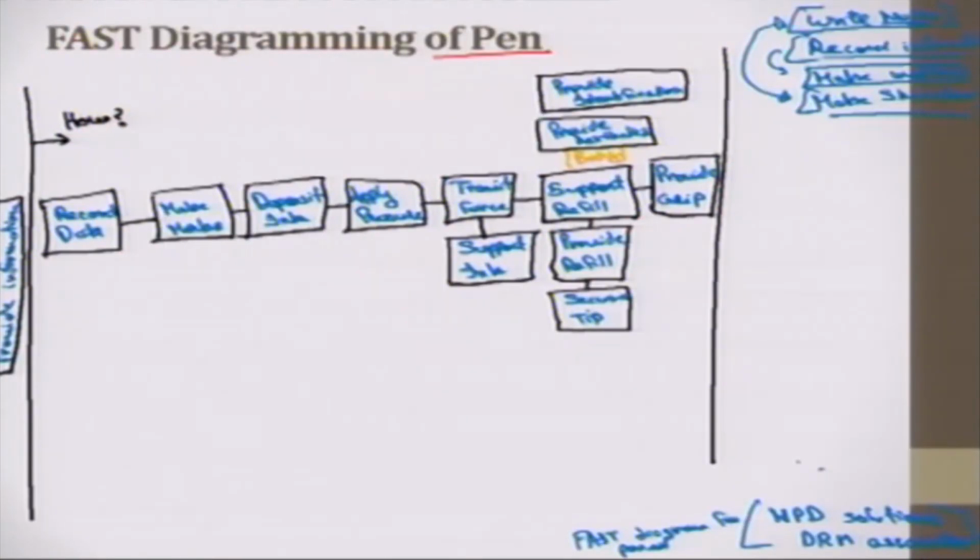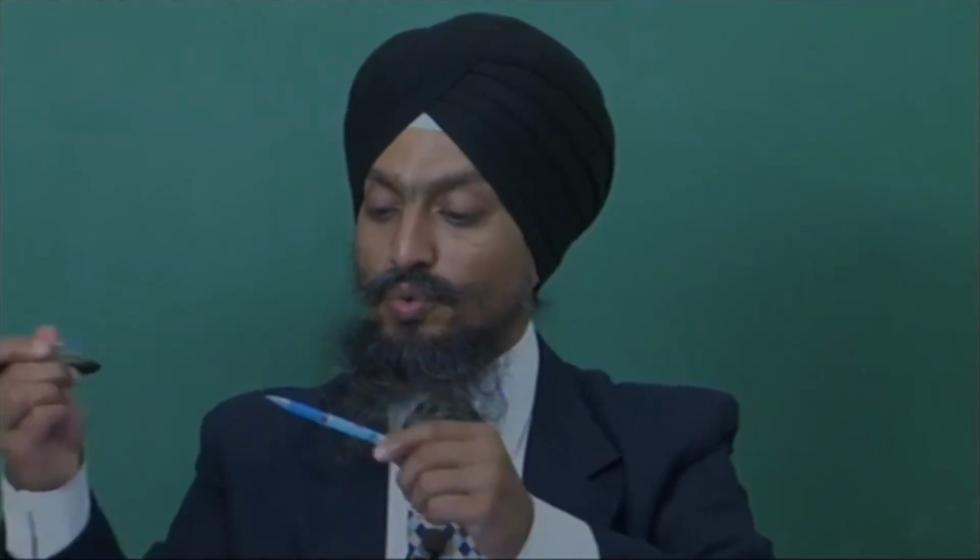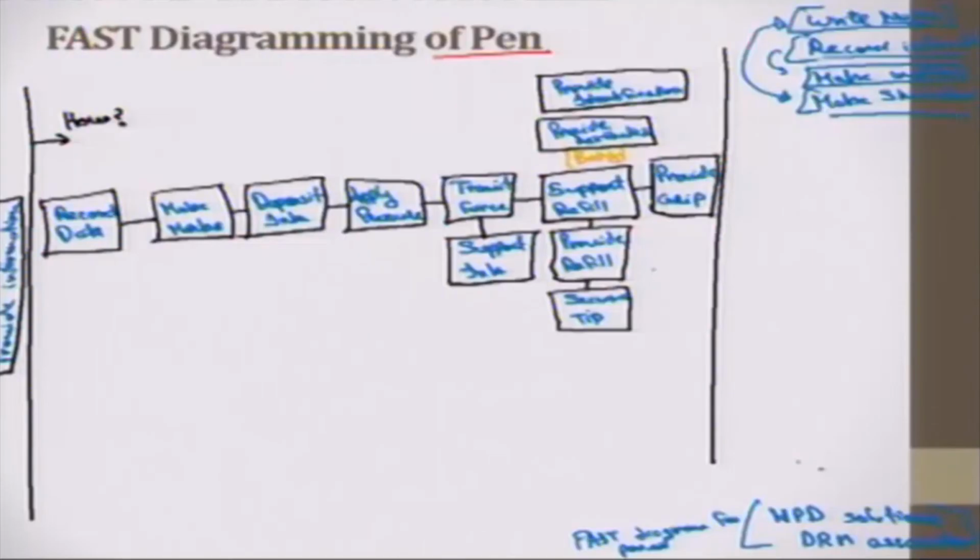The cap is used to protect my tip. So let me put provide cap. This is not connected in the critical path, but this is just to secure the tip here. Provide cap. We can have some click type of pen, the pen that is clicked from